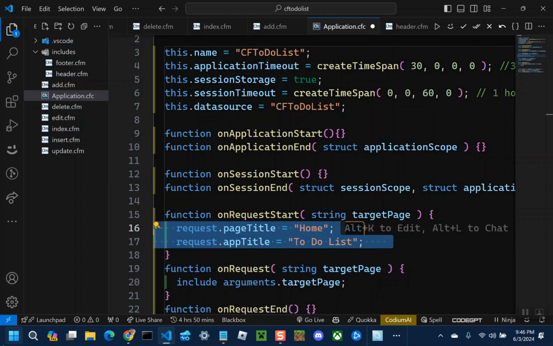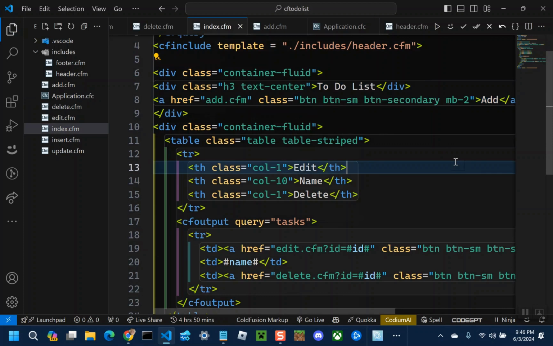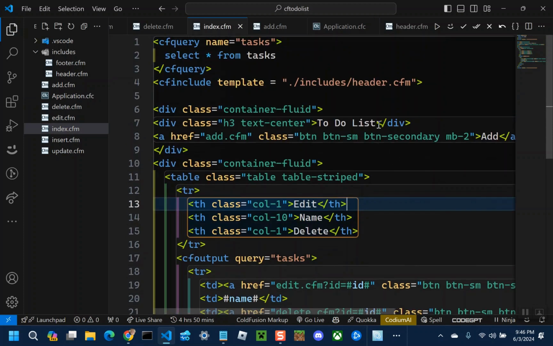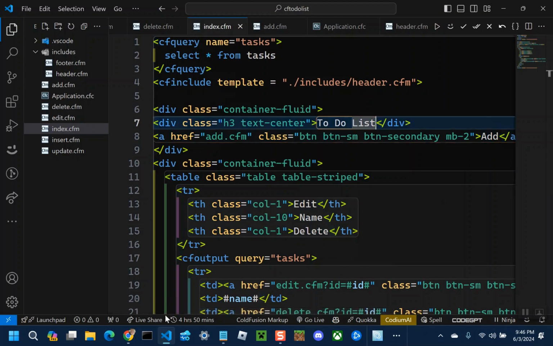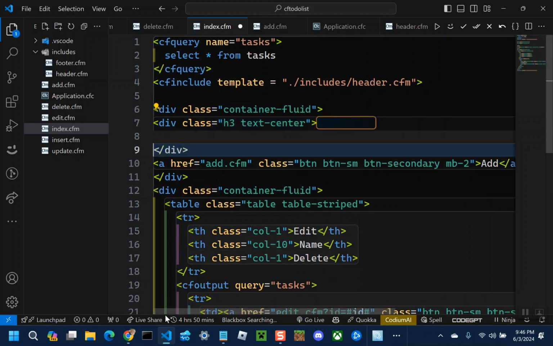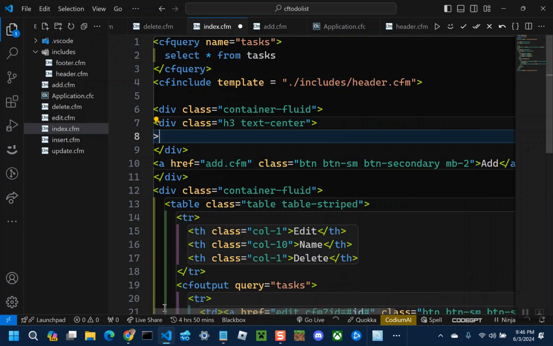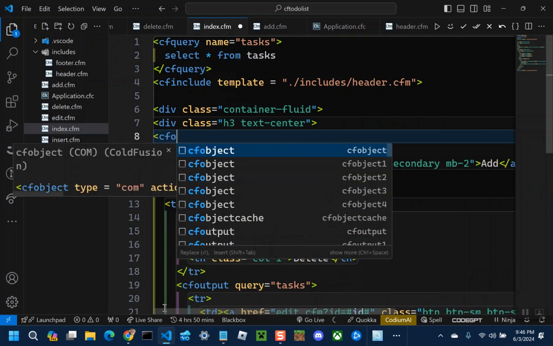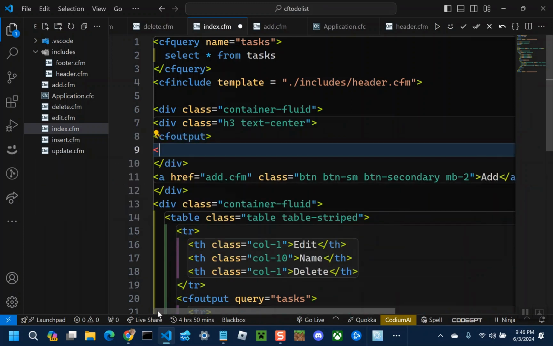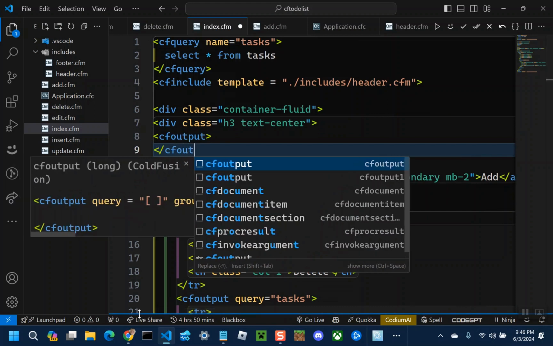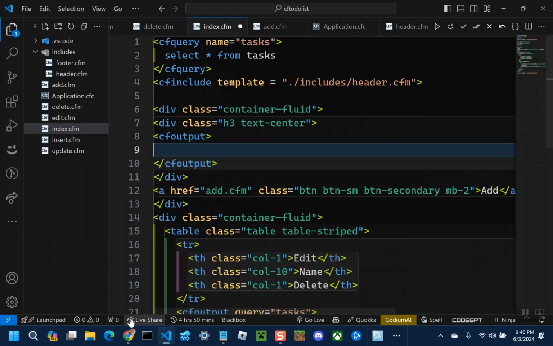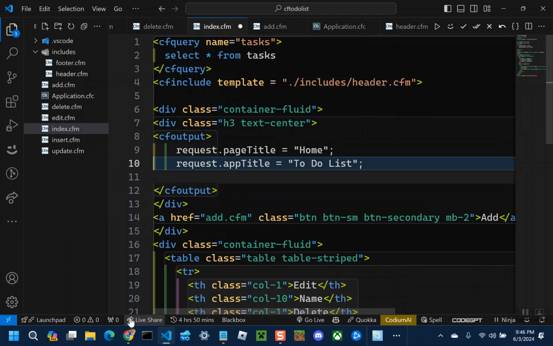So if I copy these two, save, and I come back here to the index page, I can say I want to have this to-do list have a CF output, and ending CF output, because you're going to put this information in here. We don't need